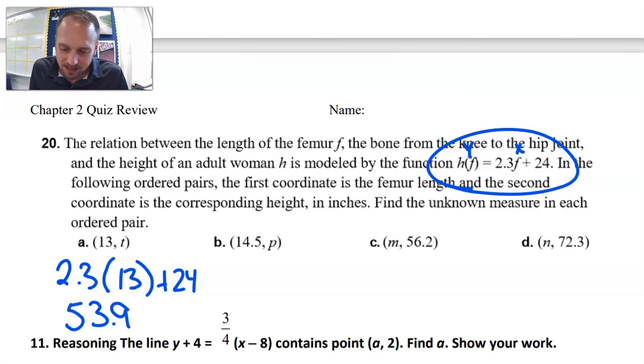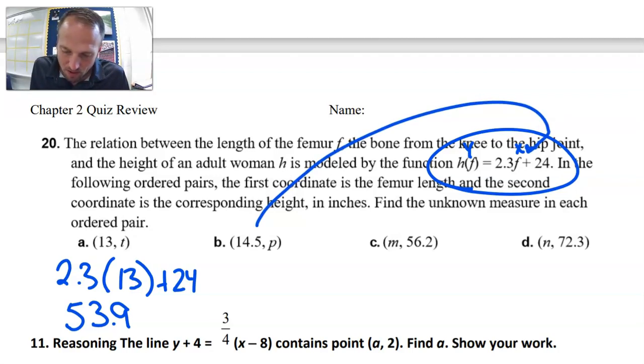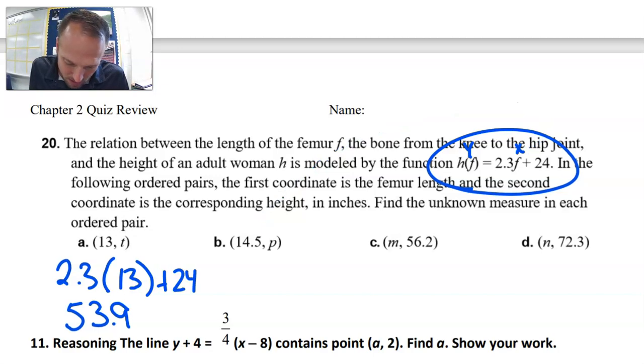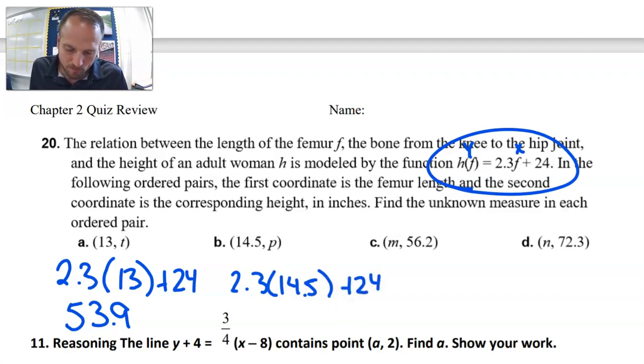Okay, let's do the exact same thing, except this time we're putting 14.5 in for F. So we've got 2.3 times 14.5 plus 24. And let's see what we got. 2.3 plus, whoops, I'm sorry, times 14.5 plus 24. Easy peasy,